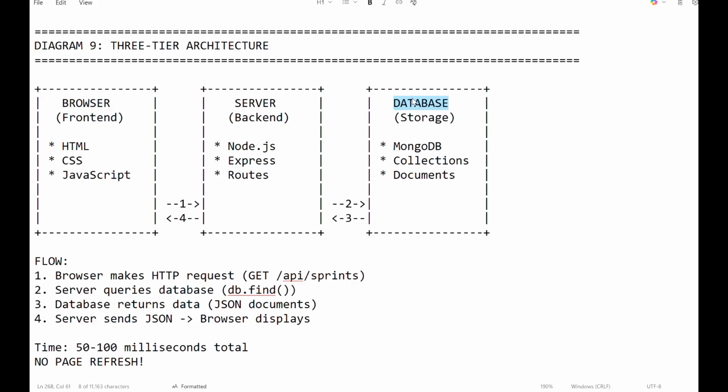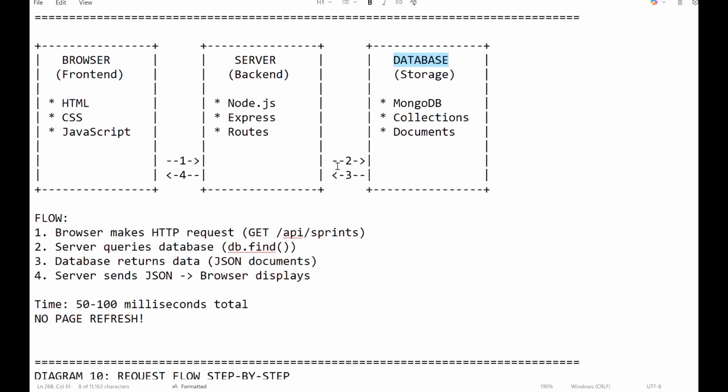Let me trace what happens when a customer orders something. Step 1: Customer places an order. In web terms, they click a button. JavaScript makes an HTTP request to the server. The order reaches the kitchen. The server, that is Express, receives the request, and the kitchen checks the pantry. The server queries MongoDB if that data is available,